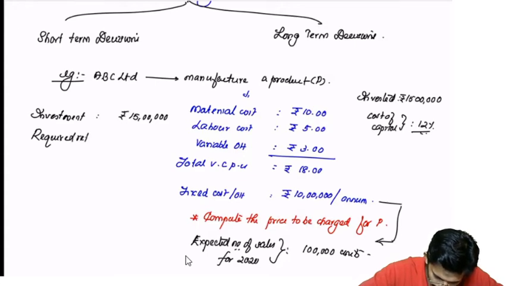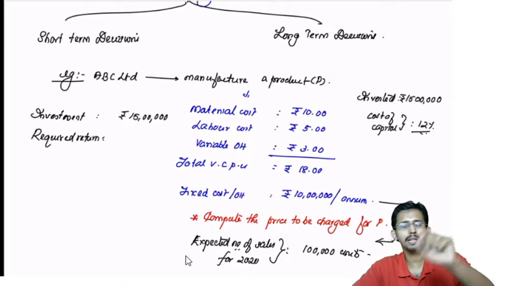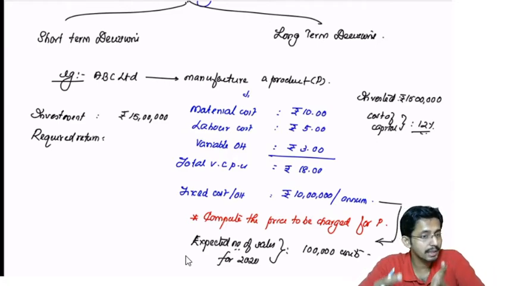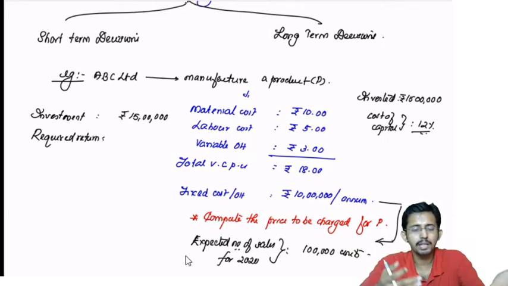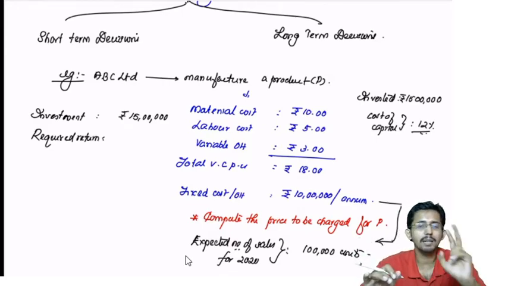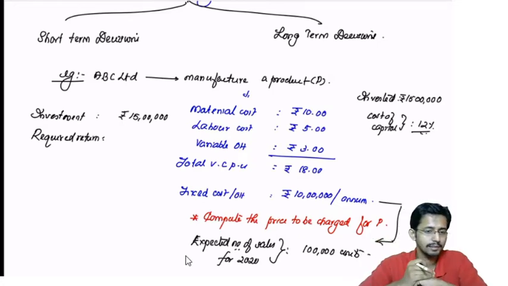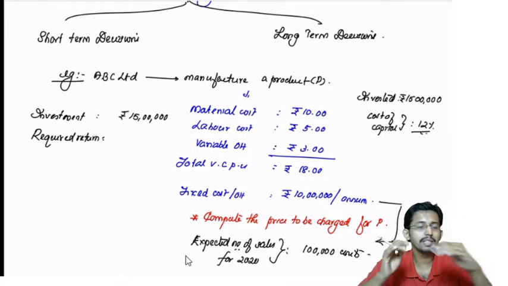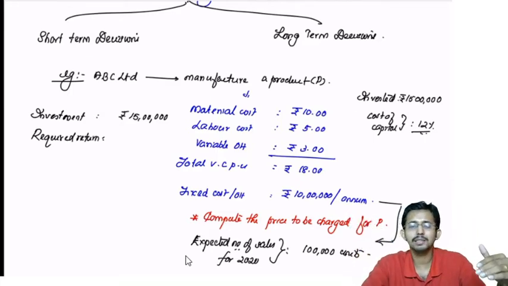So you require a required return of, already you have a cost of 12%. So if you need to get a return, you need to get a return above 12%. And what you are doing is a business. It is not as safe as putting in an FD or a bond or whatever. It is a business, so the risk is very high. And in strategic financial management, you might have learned that there is a direct relationship between the risk and return. If the risk is high, the expected return also will be high. If risk is low, the expected return should be low.